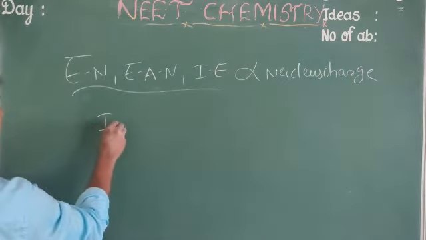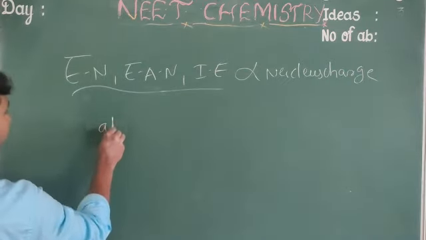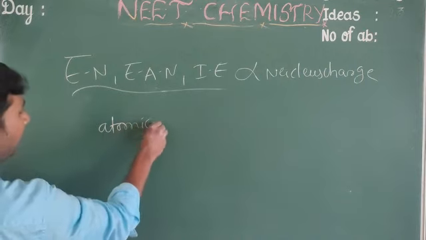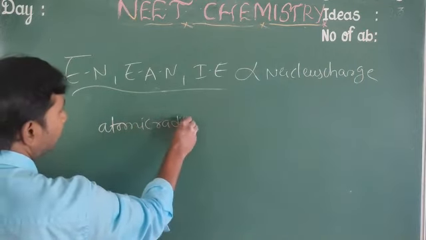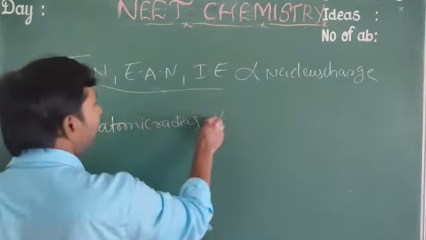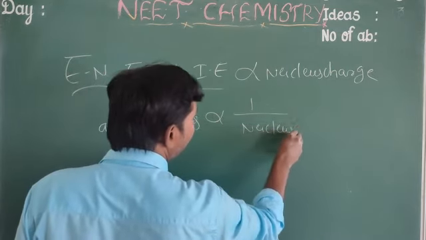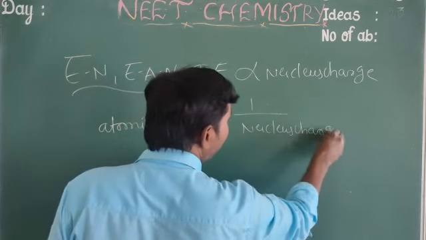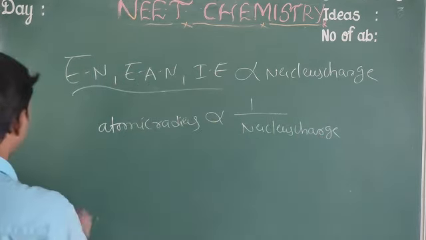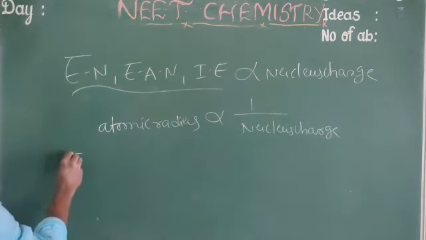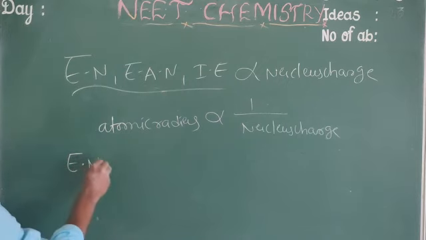Next, ionic radius or atomic radius is inversely proportional to nuclear charge. That's why here electronegativity is directly proportional